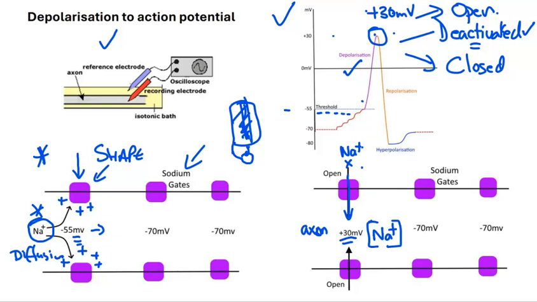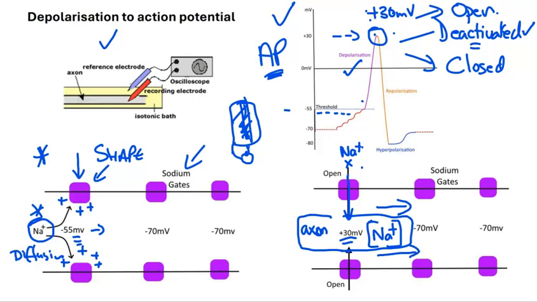So where have we got to? We're at plus 30 millivolts. That means that we have reached the action potential. Wherever there's plus 30 millivolts, we call that the action potential, and that, of course, is the position of the nerve impulse. Now, what happens is that these sodium ions will now diffuse forward and down through the axon and